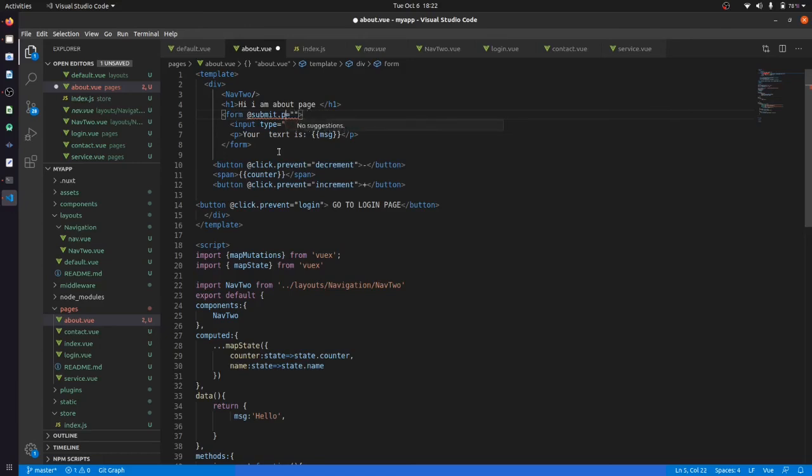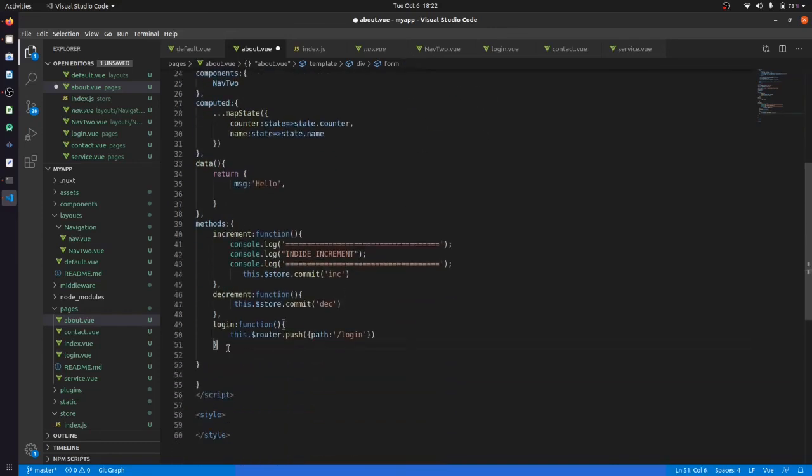And I'm going to give it an add name, let it be addName. Enter name, let me give it an enter name. Your name is, and we will create a function addName.